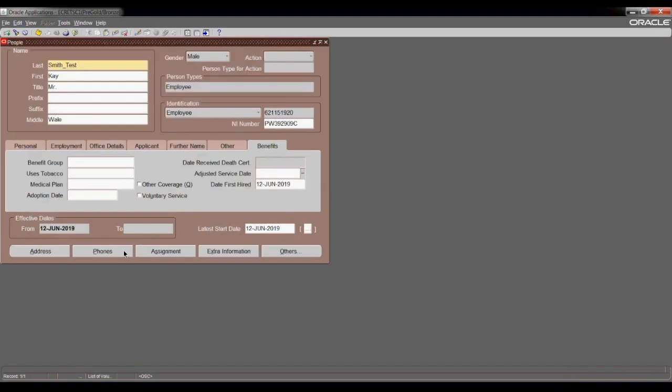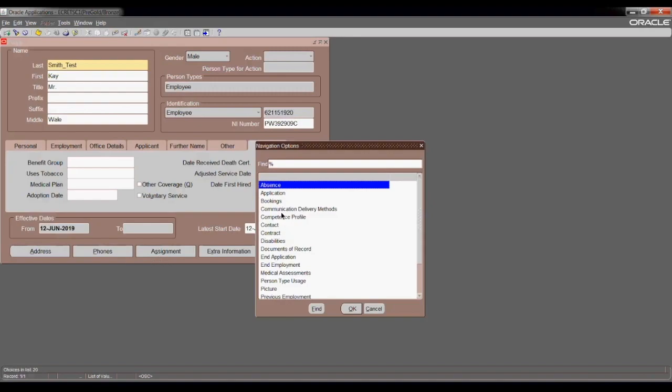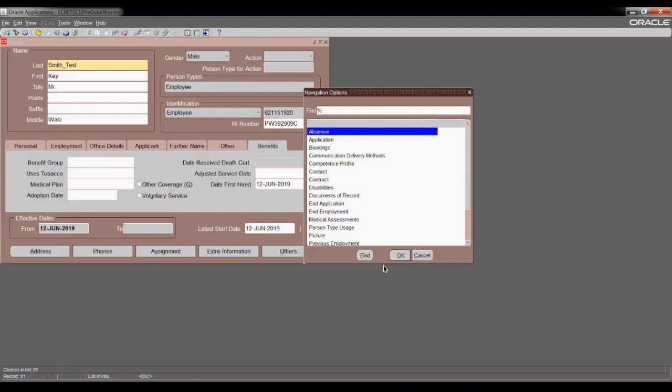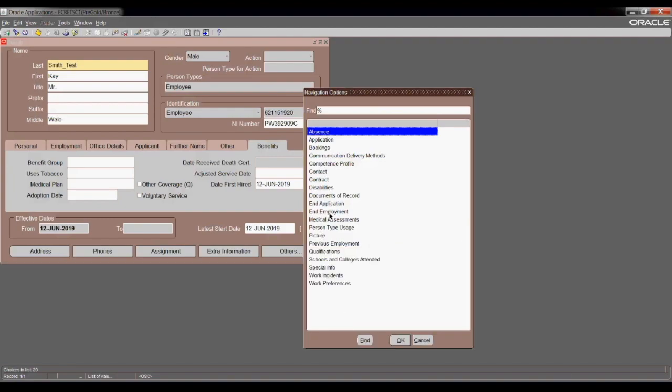Then the next one is, okay, actually there's more. So before I go to assignment, there's a lot of options here, and the main one you actually need will be, for example, if I want to terminate the employee, you go to end the employment here. If I want to add contact, which is very important, for example, just for beneficiary purpose, so contacts,